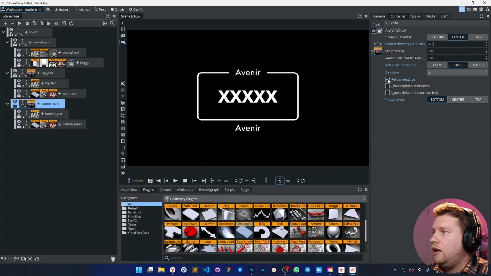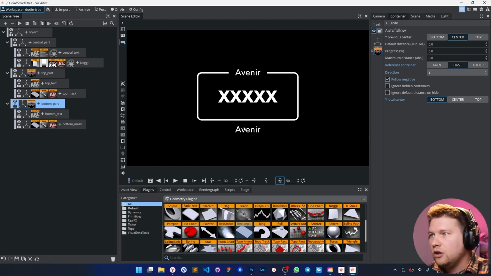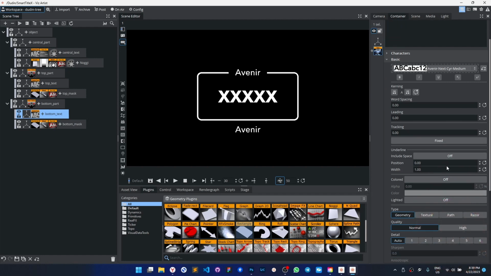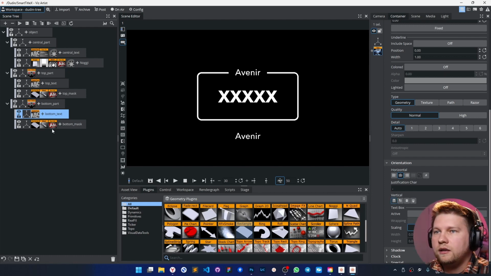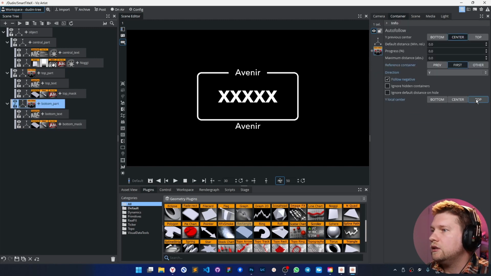That's fine. And what next? You see this behavior, it's a bit different. That's really strange. Even with the zero default distance, it behaves a bit wrongly because we need to grow this bottom part from the top pivot point. So for that, I'm going to change the layout of the text. Let me show it to you. Not from the bottom, but from the top. And the last thing, these are the settings of the autofollow, not from the bottom, but from the top. And now, yes, that's exactly what I want.